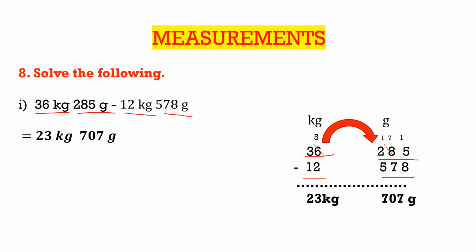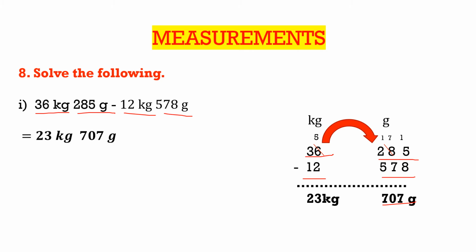Write down 0. And now here we can't subtract 2 minus 5. We can't subtract 5 from 2. So we have to take the carryover from kilogram column. So now this 2 becomes 12. 12 gram minus 5 gram is 7. So write down 7. And now this in kilogram column.